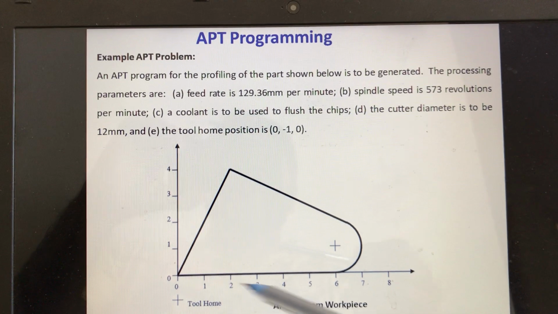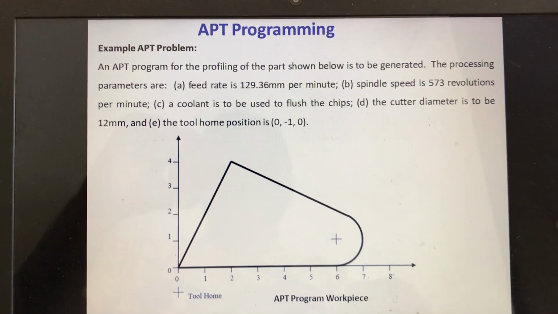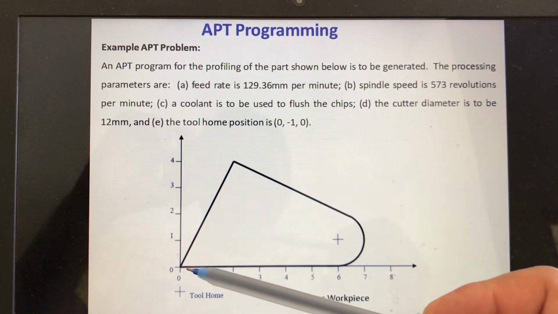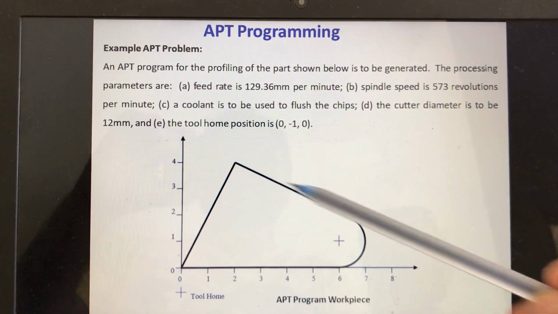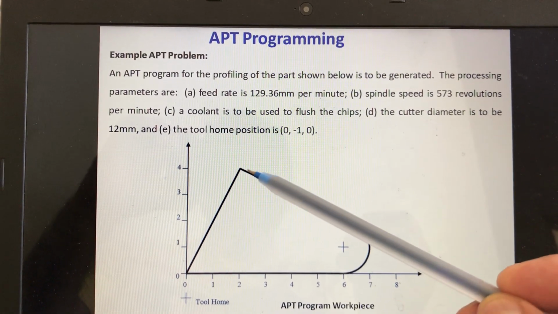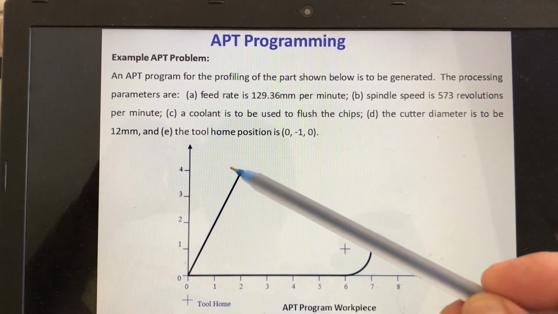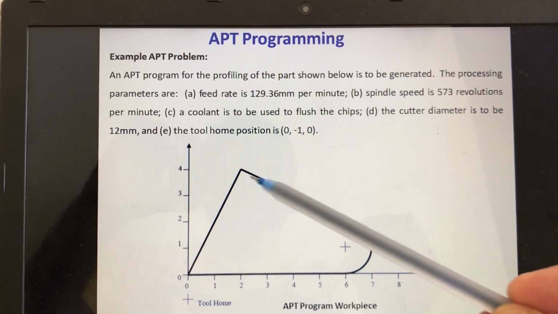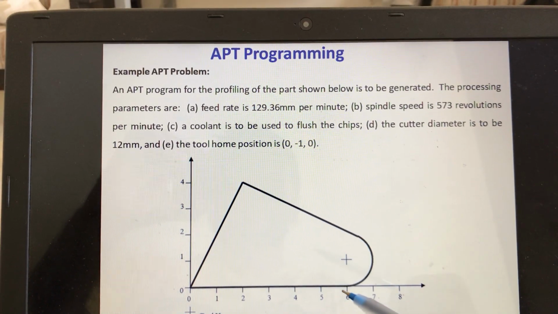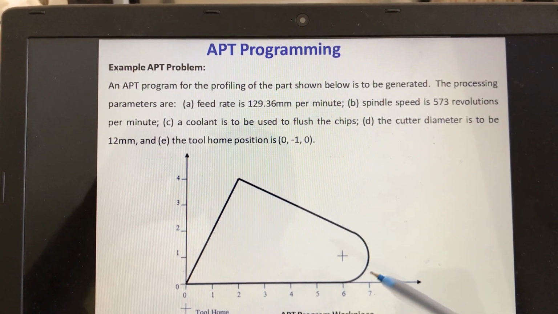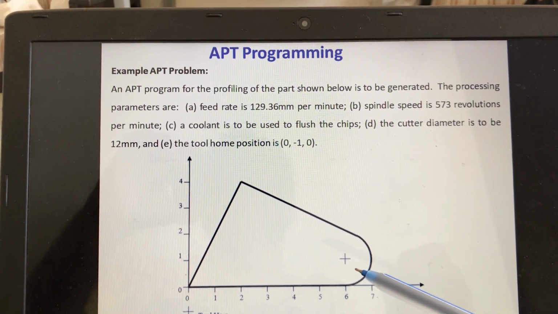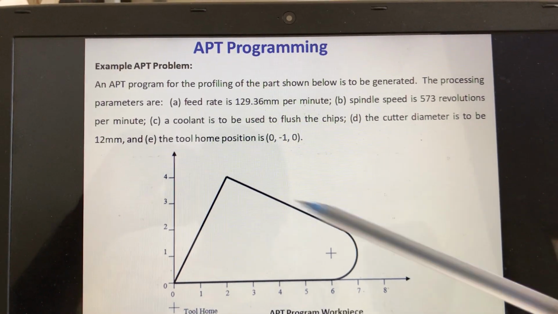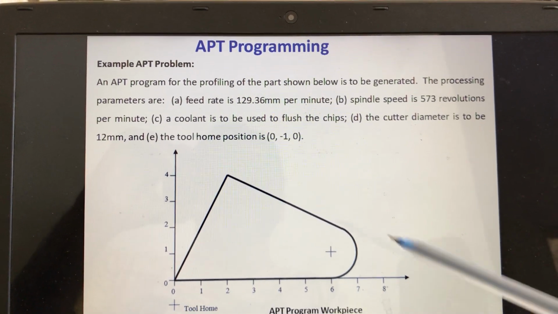So we will see whether coming in this direction is easy or that direction is easy. For example, if you are moving the tool from here, we can tell P1 to P2, because P1 is known, P2 is known. When moving from P2 to this place, we do not know this point, we know P2 only, so we can tell go in this right direction from P2, and tangent to a circle. If you see tangent to a circle, the circle should have been defined before. Before defining the circle, you cannot say go to circle, then the machine will ask you where is the circle. So coming this direction is difficult, so we will go in this direction to define it.